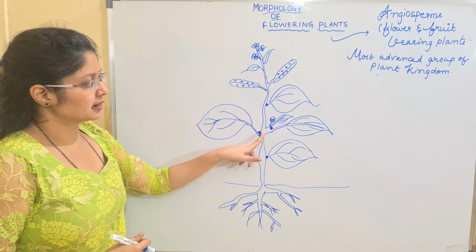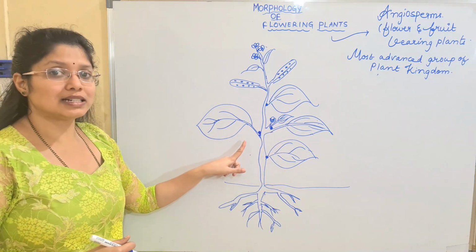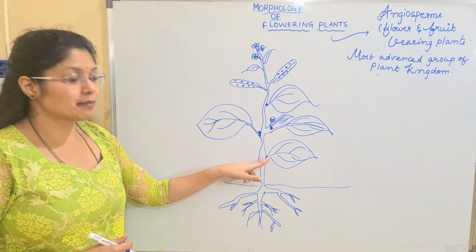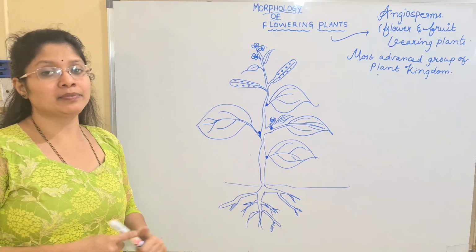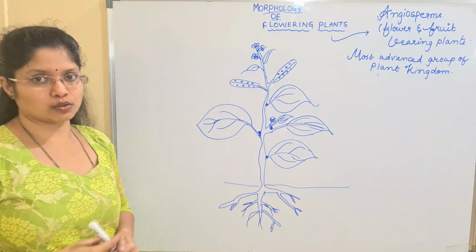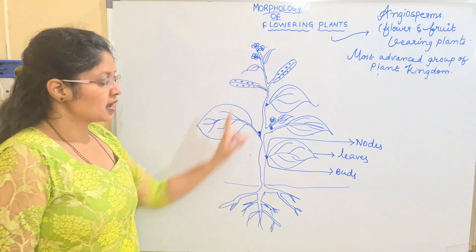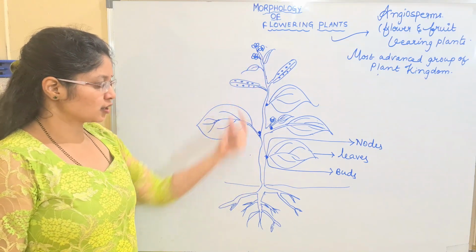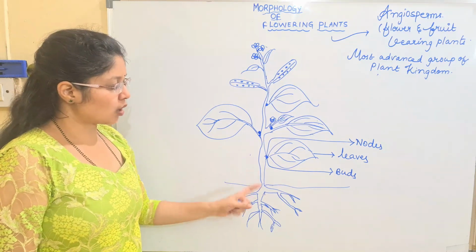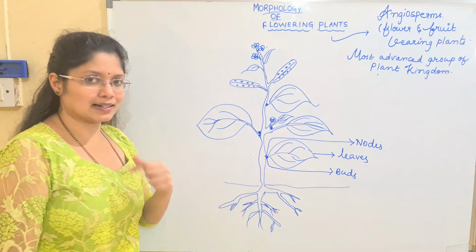Small buds are present, and above and below these buds you can see the leaves. The region where the leaves and buds are attached to the stem, those regions or points are known as the nodes. So these are the three important structures. Here I have given the shoot system. In the shoot system, this is the main axis, the shoot, which is green in color. With increase in age it will turn brown.